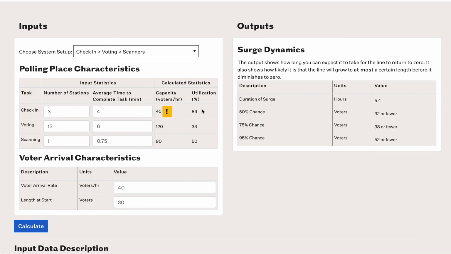And when the utilization is high, like 90%, the line is more likely to get quite long. If we decrease the voter arrival rate to, say, 20 voters per hour, which the 45 voters per hour capacity of the bottleneck is more than equipped to handle, and click Calculate, you'll see that the duration of the surge is much lower at 1.08 hours. And we see that there's a high likelihood that the line will not get very long. In fact, we see that there's a 95% chance that the line will reach a maximum of 30 or fewer